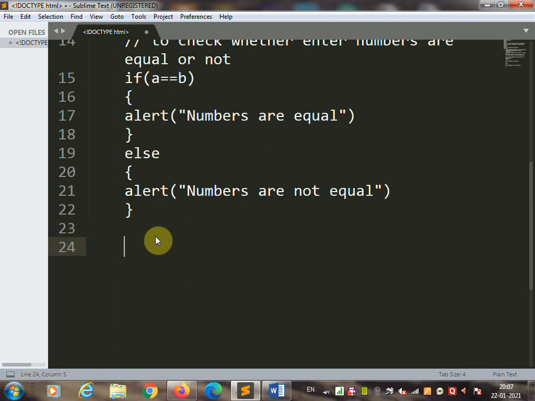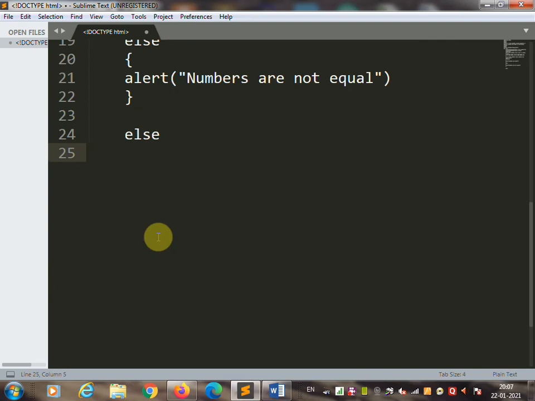Else we can print another message, that is invalid number.